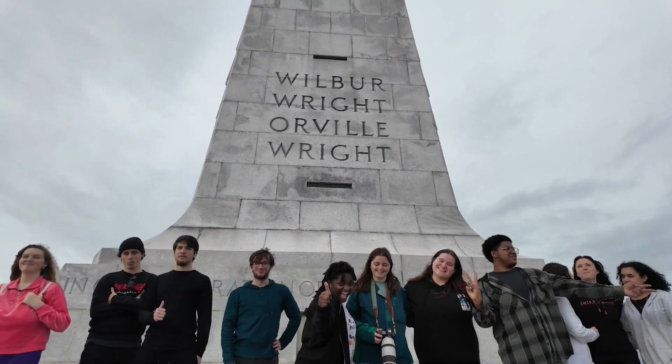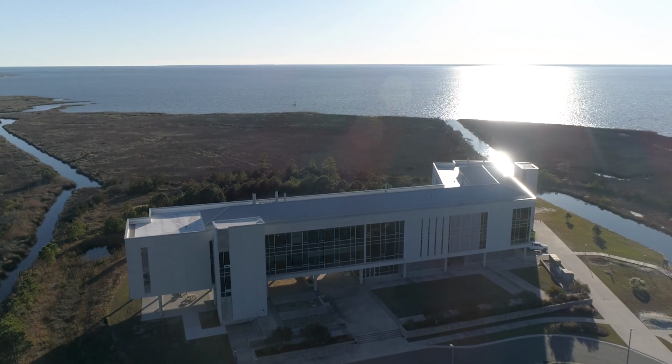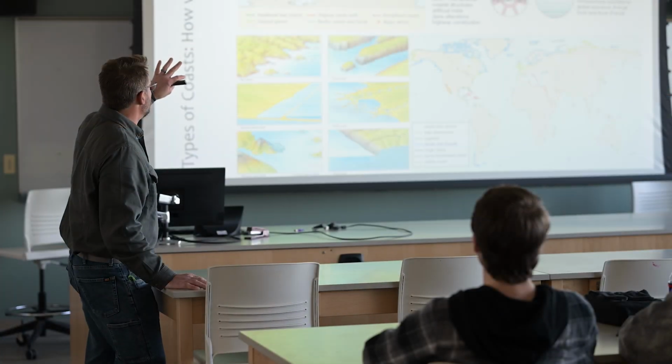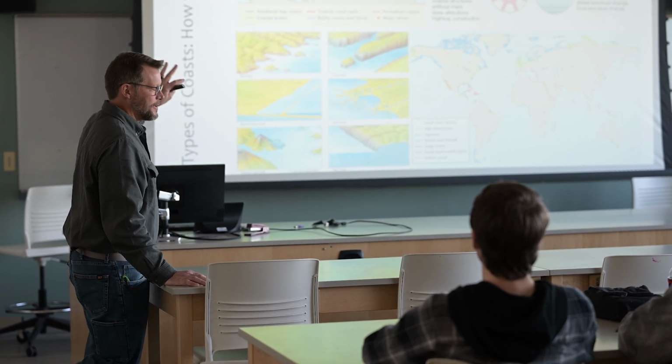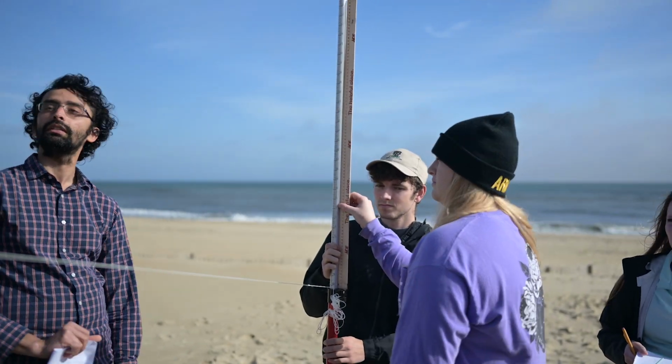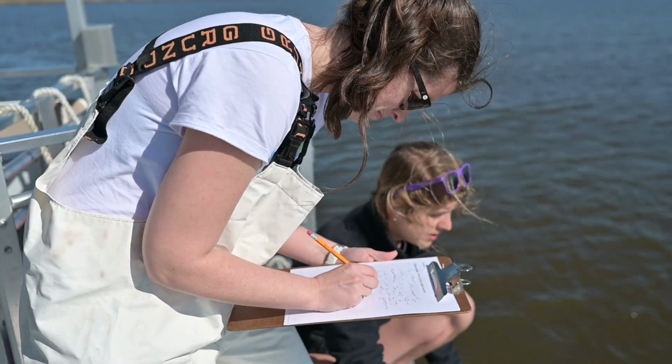The Semester Experience at the Coast is a semester-long residential program for undergraduate students at ECU to come out and spend their entire spring semester on the Outer Banks campus here on Roanoke Island. And the students take classes focused on all aspects of coastal studies, from a humanities focus as well as a harder science focus. They participate in internships here with research faculty at the Coastal Studies Institute and with our partners out in the Outer Banks community. So they get lots of work experience in, and some of them even participate in independent research studies during their